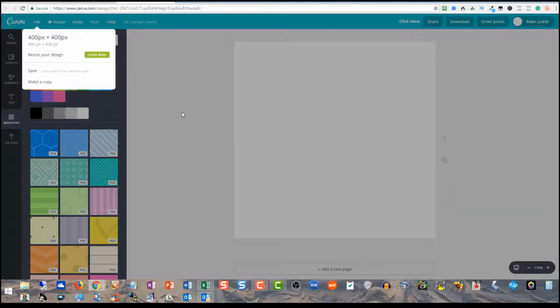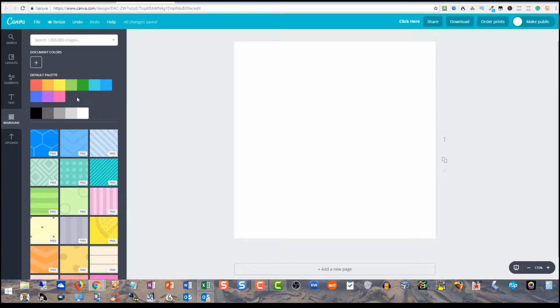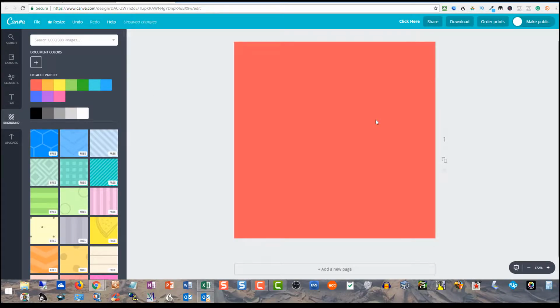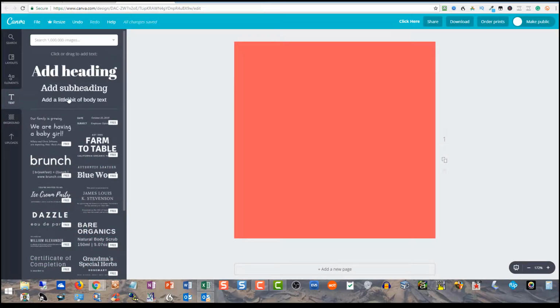Okay, I'm over here on Canva, and what I've done is I've created a box here that's 400 by 400, so basically just a square. And if I wanted to resize it, I could click on here and do that. But I'm just going to stick with the 400 by 400, and then I'm going to simply click here, and that'll color the box. And then the next thing I want to do is put some text on it. So I'm just going to go with something simple like this, and I'll move this up here like this, and I'll type in click here,